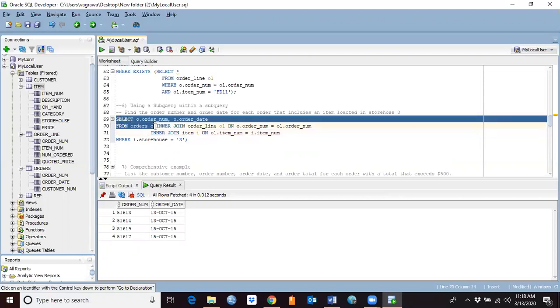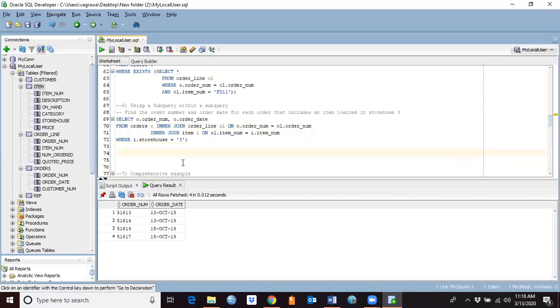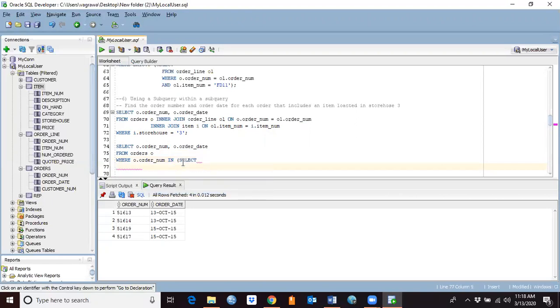So we'll say where O.order_number in, select OL.order_number from the order_line table OL. So we'll select that from the order line table